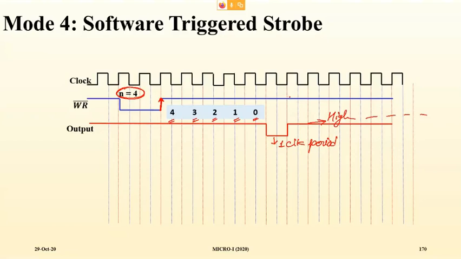So if you want to generate the same pulse again and again, then manually you will have to reload the count again and again. That means somewhere here you will have to pass a write command. Only then will the output change its behavior. Otherwise, it will remain high for an infinite time period. So this is not automatically reloaded. The count will decrement by 1, and when it reaches 0, the output remains low for one clock period, and then it becomes high. It is not reloaded.